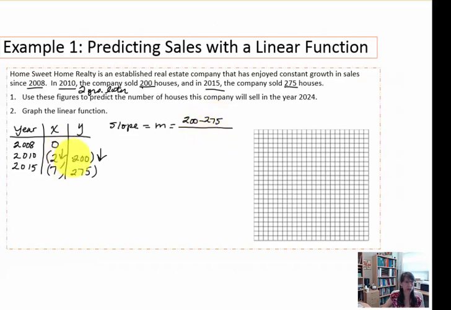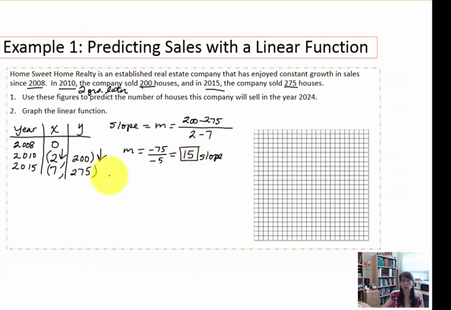Therefore, the x values will be subtracted in that same order, 2 minus 7. So it looks like the slope of the line is negative 75 divided by negative 5. A negative divided by a negative would be a positive number, and 75 divided by 5 is 15. So we know that the slope of our linear function will be